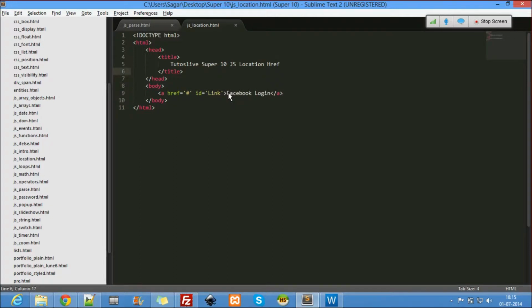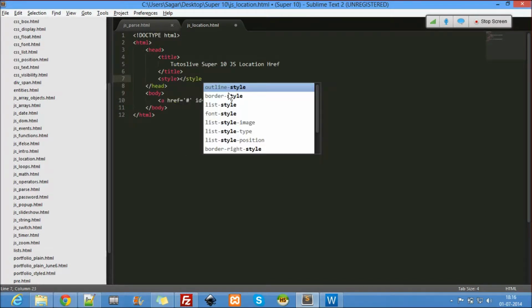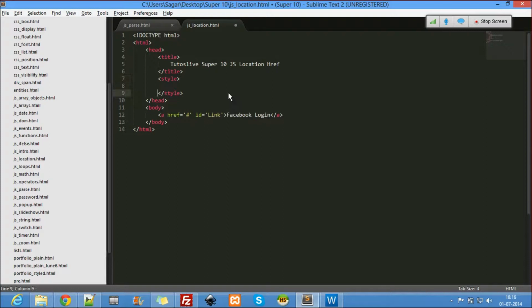So let's just do something here. Body, margin, let's say 10%.